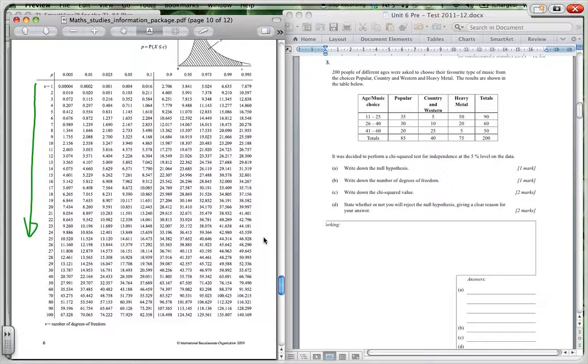So we have got 4 degrees, so we're looking at this row here. And we are looking at the 0.95 chi-square test limit, which is